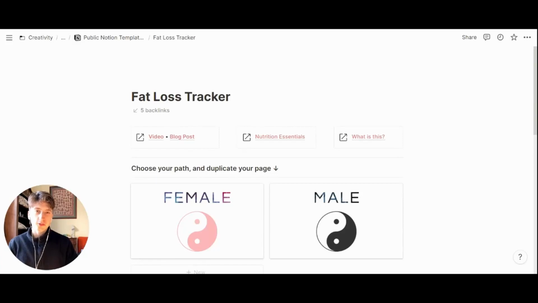With this Notion fat loss tracker, you can plan and design the numbers behind your journey to losing fat or doing body recomposition. The key thing is that this template is for the numbers, but it doesn't take action. So you will need to take action on it, and numbers are not enough. But you can set the foundations using this template, because through formulas and rollups in Notion, we can calculate automatically